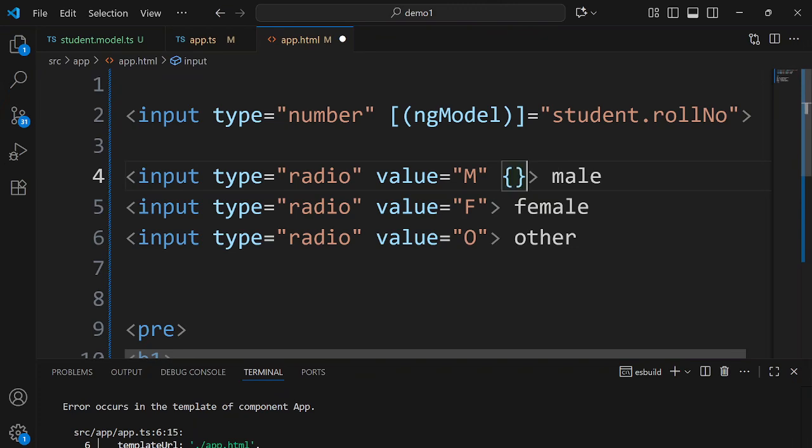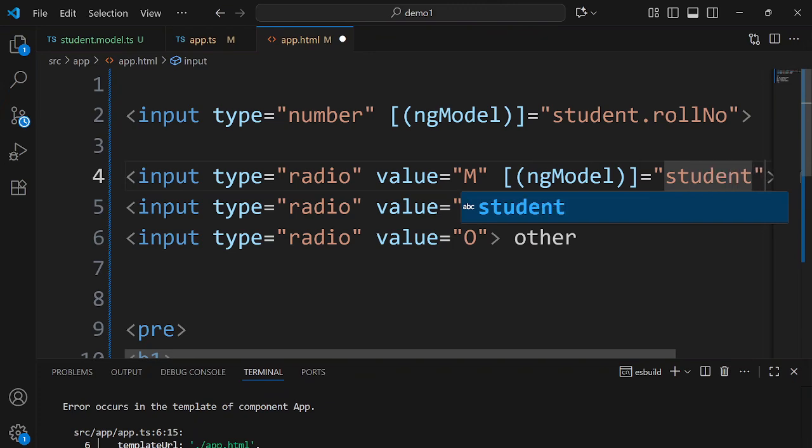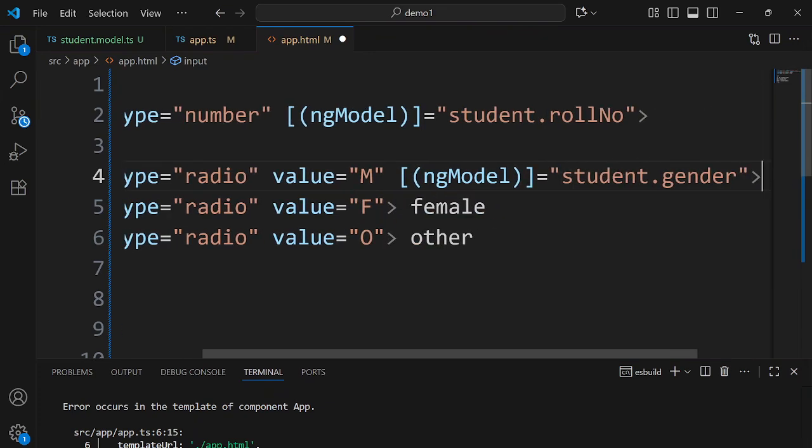Let's understand that. So I want to again perform a two-way data binding, that is banana in a box, and then perform an ng model, which will be equal to what? The student dot gender is something that I want to bind to these radio buttons. Fine. So let's bind all of them,